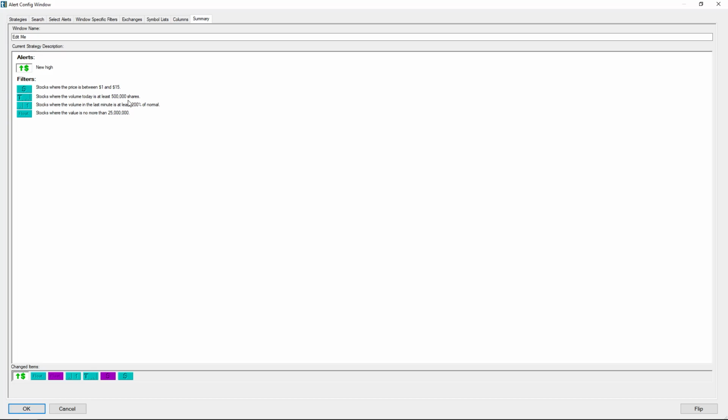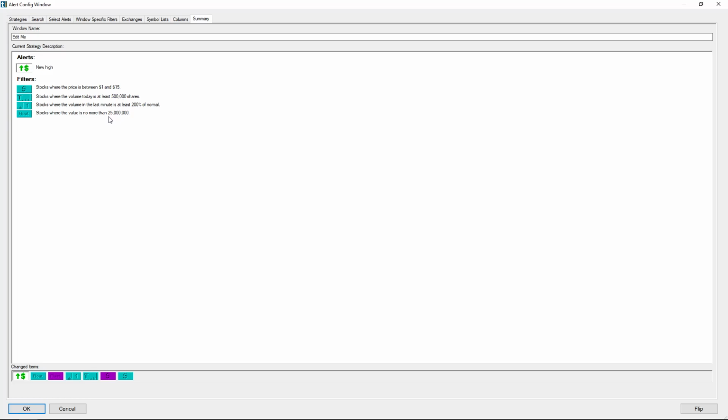That's a peak hour of volume of the day. So I like to see a lot more volume rush into the stock, ensuring its momentum. Otherwise, it's just a high of day scanner, and this is a momentum high of day scanner, so specific. So again, we're looking for these four filters here, and the last one is we want it under 25